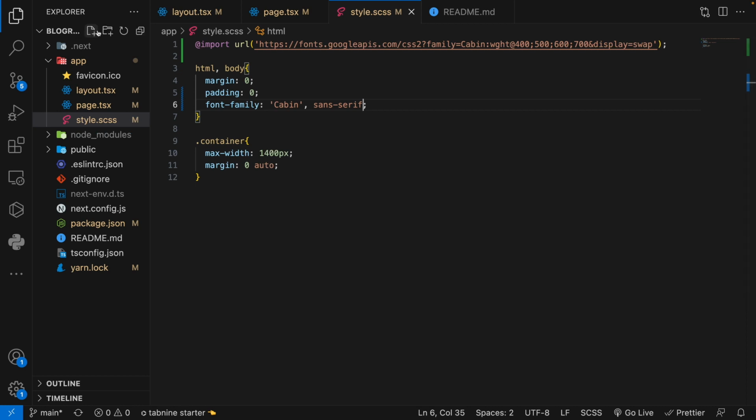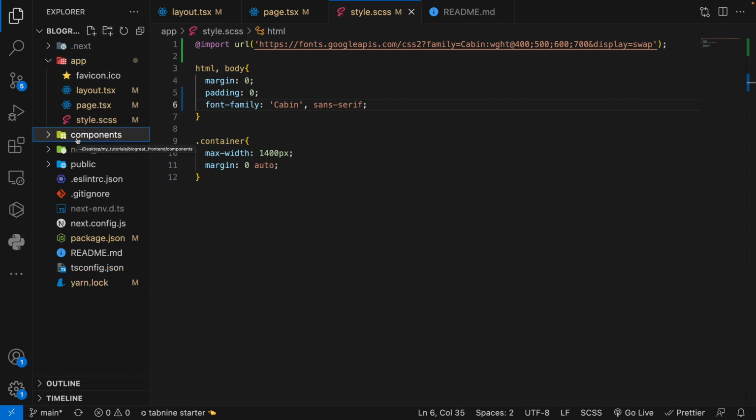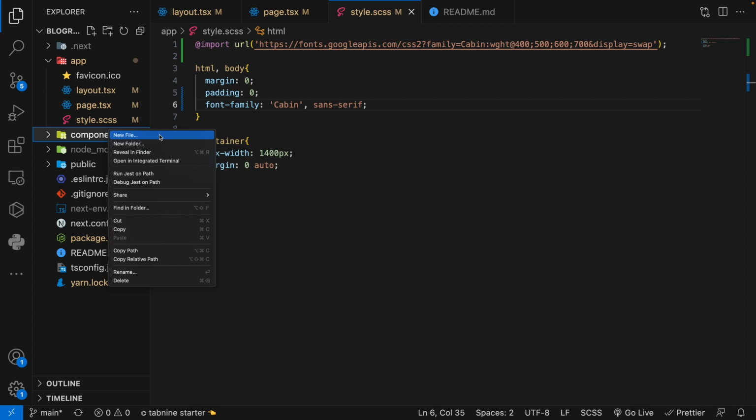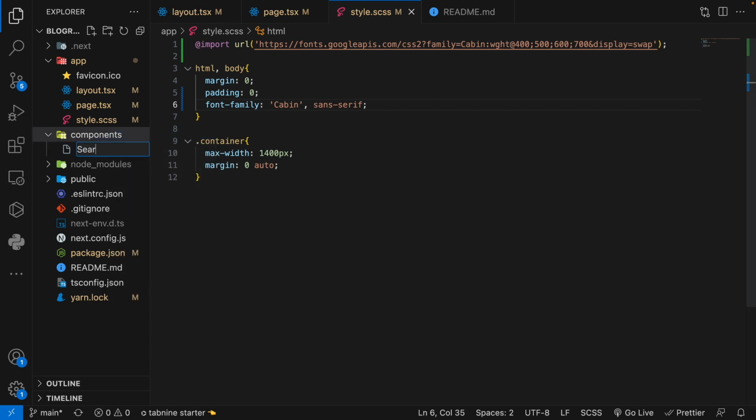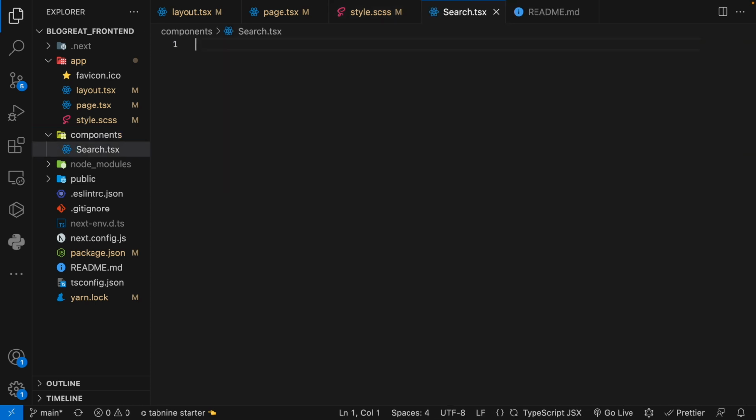So now that we have our setup done, we can proceed to having our components. So for the components, we are going to create a new folder outside app, not inside the app. So we want to maintain page-related contents within the app. And the first component I want to create here is the search component. So we're going to ignore the drop-down for now, but we just focus on the search component. So I'll come here, I'll create a new file and call this search. So it's a component, so it should have the TSX extension. So I'll quickly write the component structure. So mind you, we are not writing any functionality at the moment. The only focus is just the UI. So what we are going to be dealing with is majorly the HTML tags.